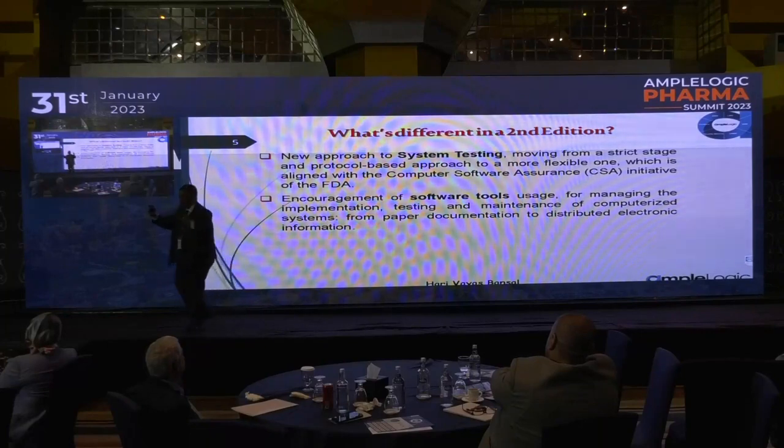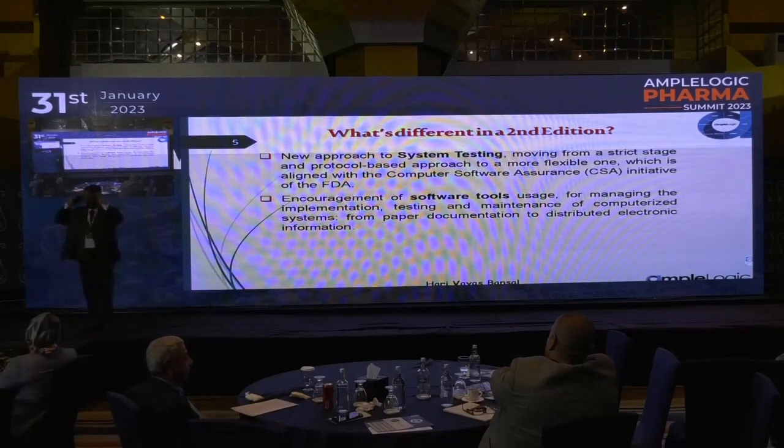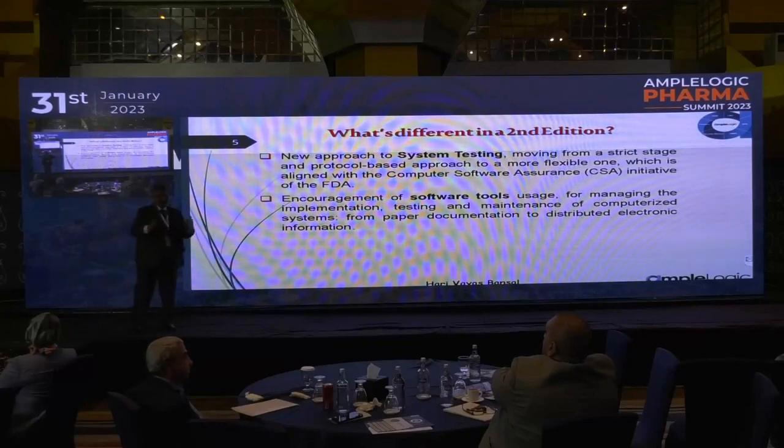So earlier in the previous guidelines, what was happening? Without giving a thought process to what you want, you want a car, you buy a car. Whatever is available, you bring it, you put it in your garage, and then you find that there are 6 people who were put into a car which is a 4-seater one. And you are running on the